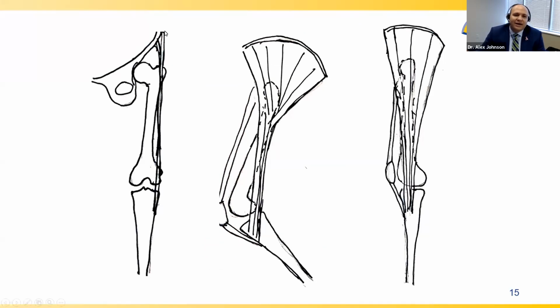Well, this is your IT band. It connects up here and it connects down below here. So this is looking at it in the front. And you can see how it runs right over the lateral side of your knee. Now, what's interesting is when your knee is in flexion, the IT band runs behind the knee here. But when you straighten it, it runs right along the front of the knee here, okay? So you can imagine if you were to flex and extend the knee over and over and over again, this band of tissue is going to rub right over top of that lateral part of the knee, and that's what causes pain. So what do we do for this?